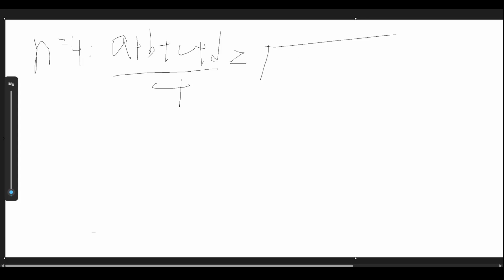And we can start by proving the case not for n equals 3, but rather for n equal to 4. All right, let's see what happens when we try to prove this. Or rather, how can we prove this? So the theorem says that, well, let's write a plus b plus c plus d, and then let's divide this thing by 4. Then the theorem says that this thing is bigger than the fourth root of abcd. Right, and